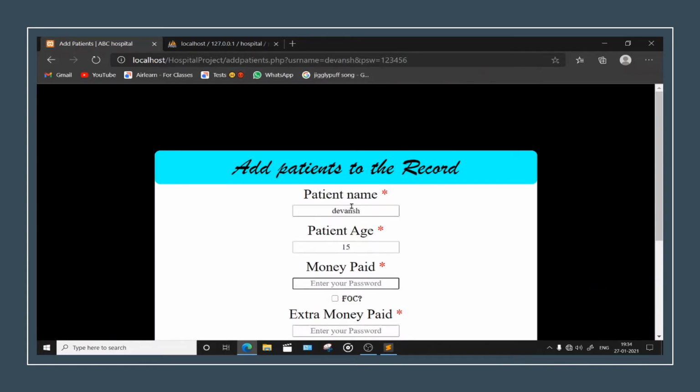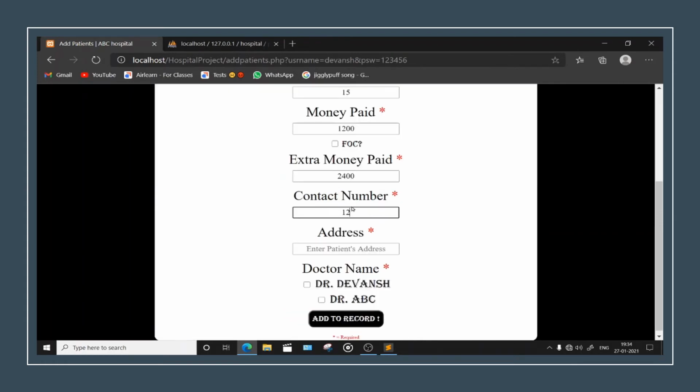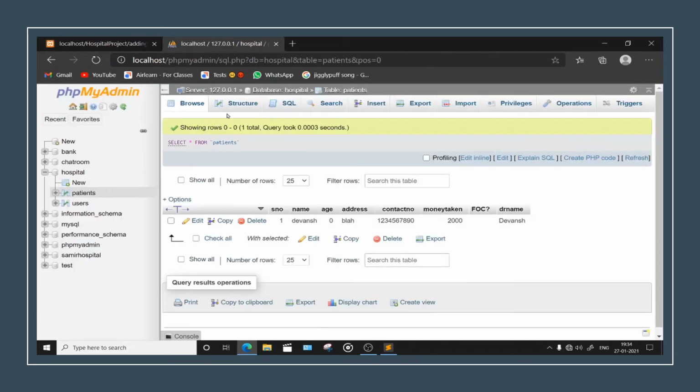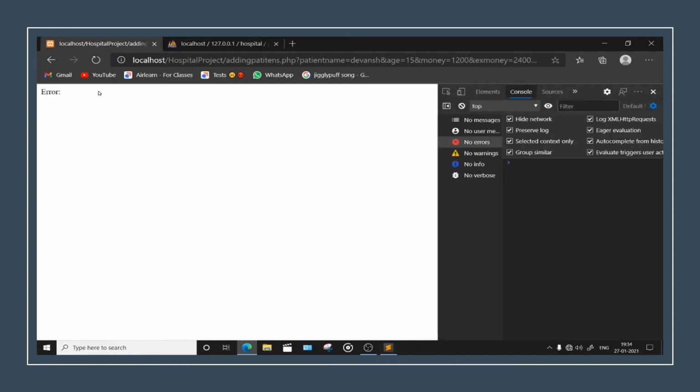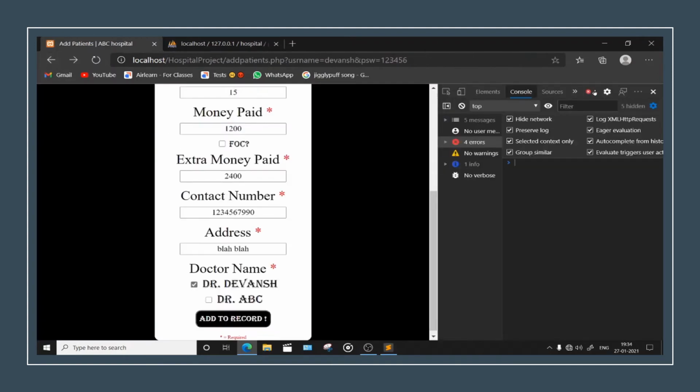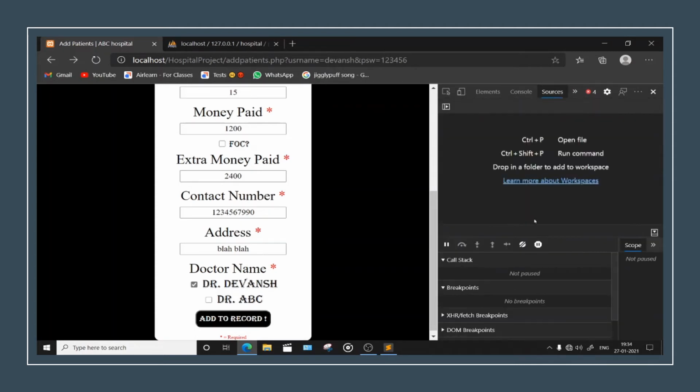Devansh 15, 1200, 2400. So it's echoing some error, but we don't know what it is. Wow. So it's saying some errors are here. I don't know what the errors are.